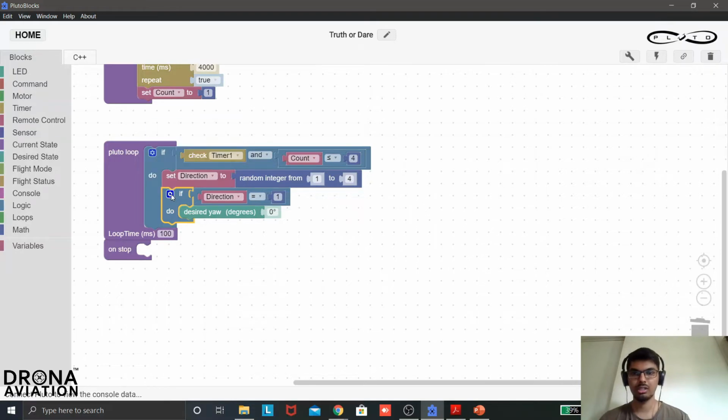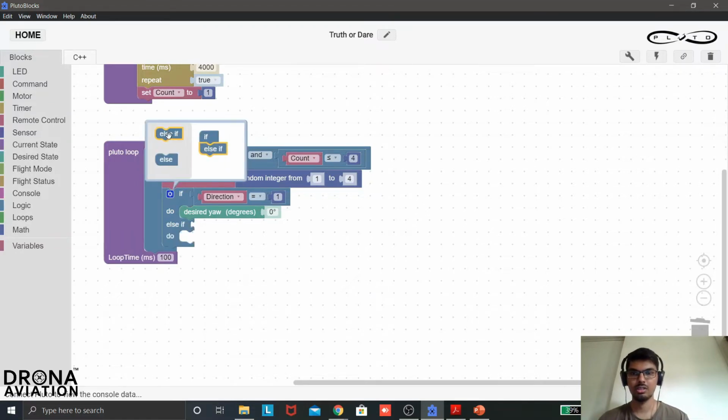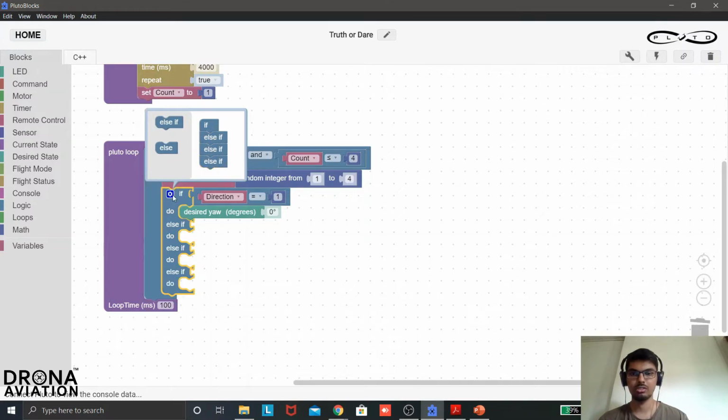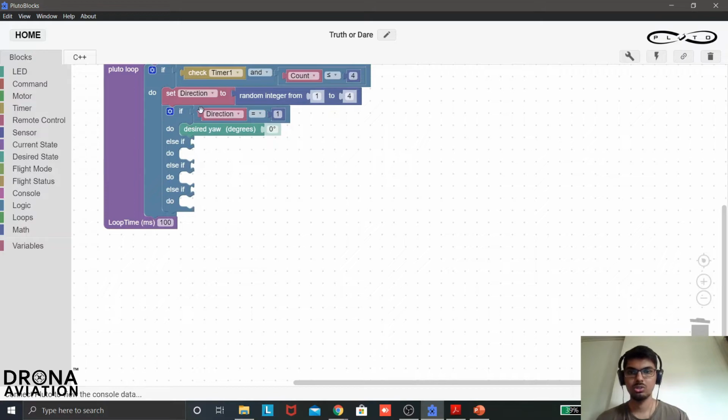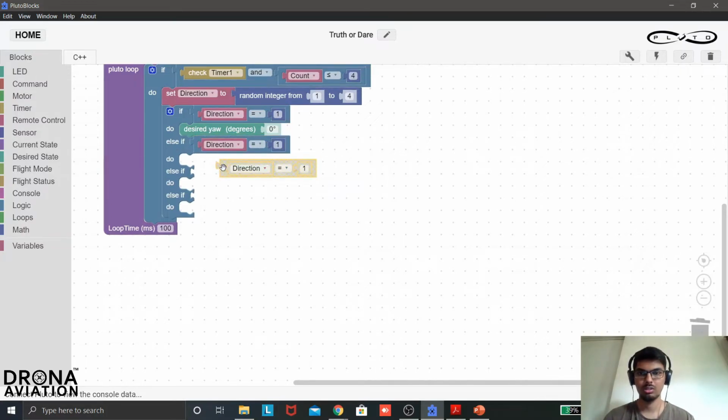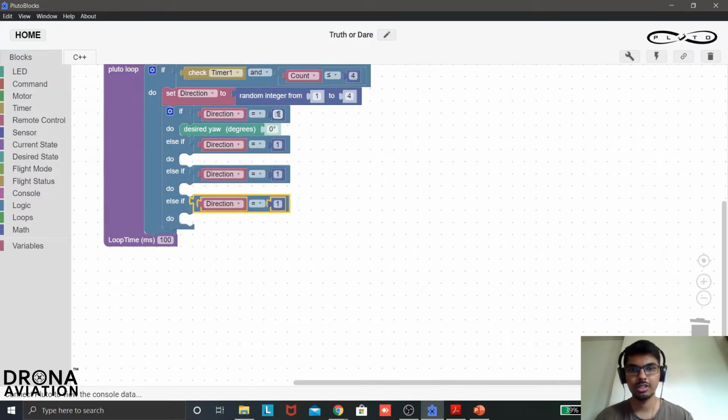Now let me select else if number 2, number 3 and number 4. These are the 4 directions. So I'll quickly copy paste. If the direction is 1, if the direction number is 2, if the direction number is 3 and 4, in all these cases we want to set a desired yaw.